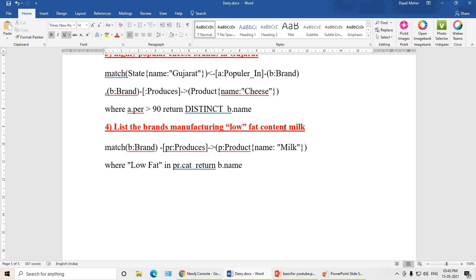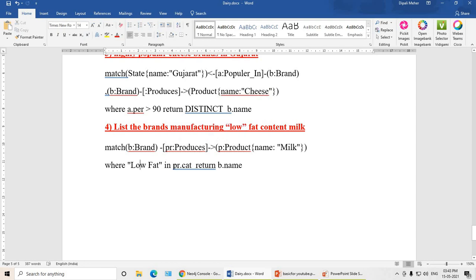So how to find out this, how to write this? So where low fat, so you want to find out the low fat content type of milk. And what is this PR? This PR is nothing but the alias to this relationship. So match brand produces product. You know the product name, that is milk. Now this produces is the relationship, the alias is PR.